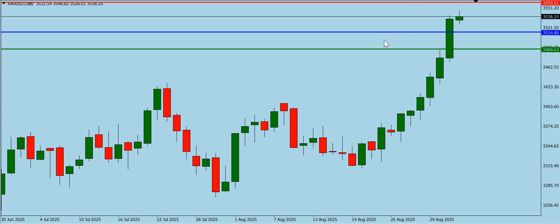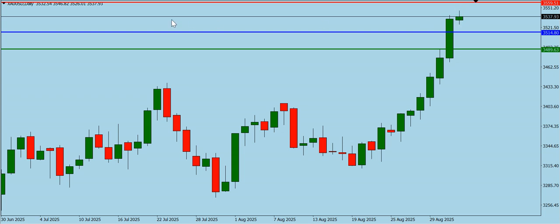Now the blue line on the screen is the pivot line, which is at 3514.80. The first resistance is at 3559.51, while the first support is at 3489.63. That's the green line. Now, price opened above the pivot line, and we can see that price is attempting to get to the first